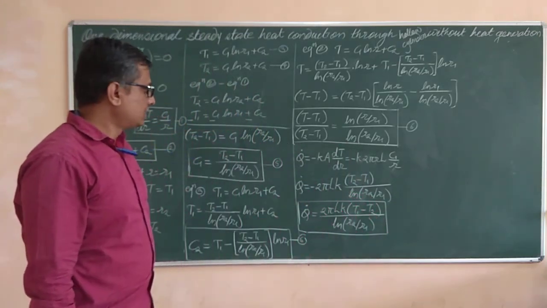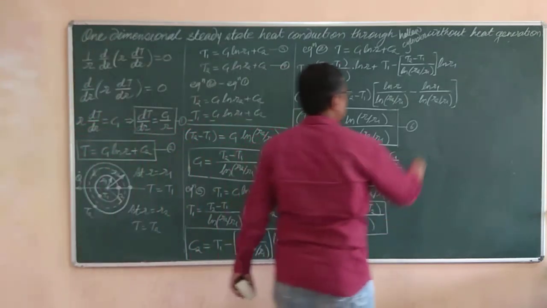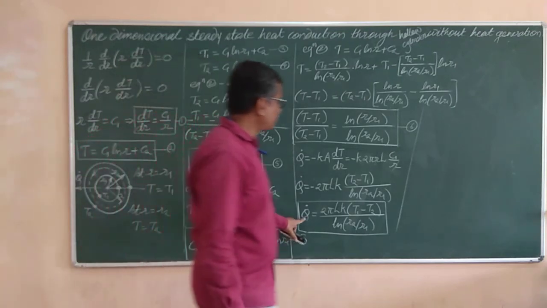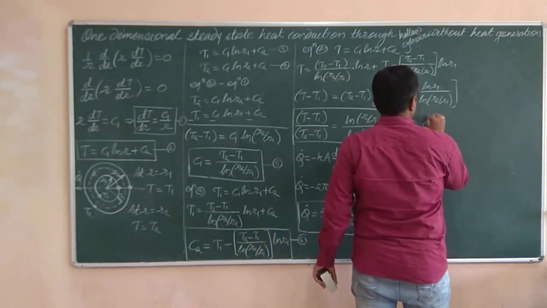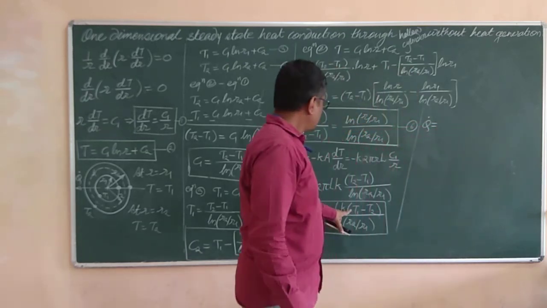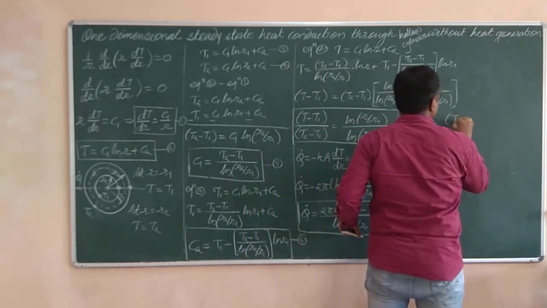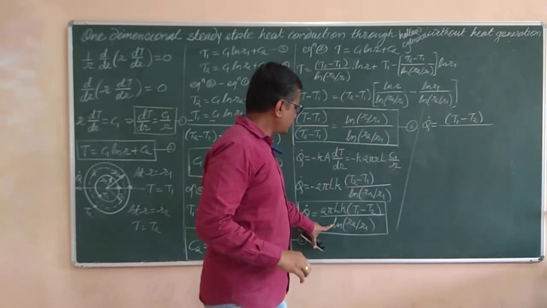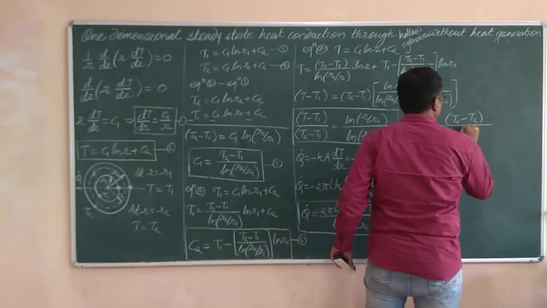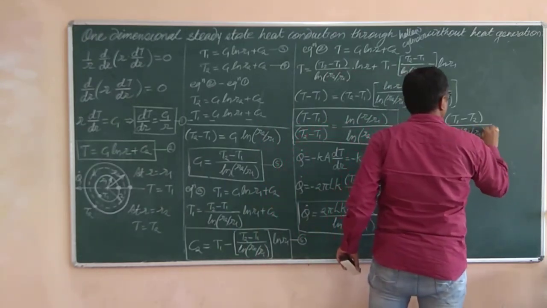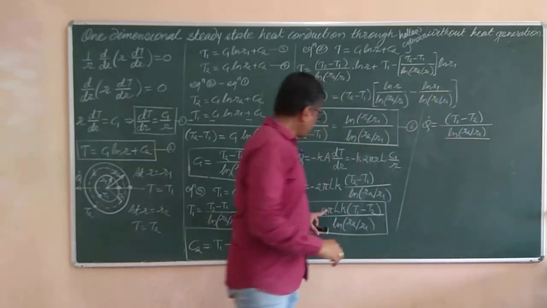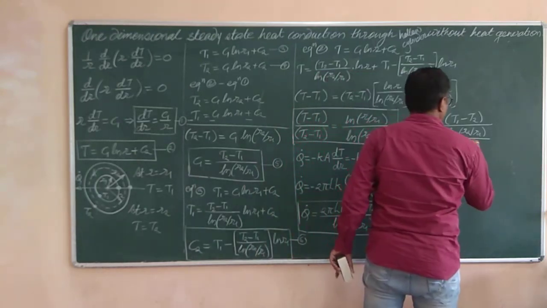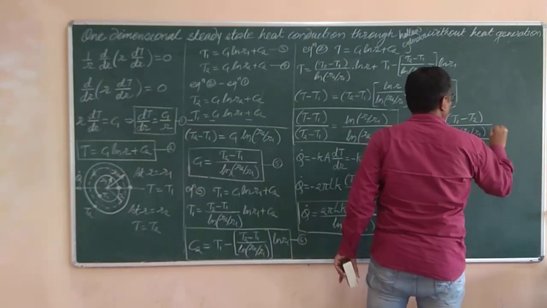So this is the equation for the heat transfer due to conduction through a hollow cylinder. Let us reshuffle it so as to get the equation for the thermal resistance of the cylinder. This equation Q dot can be written as T1 minus T2, not delta T, it's minus of delta T, divided by the denominator term, that is the natural log of R2 by R1 whole divided by the rest of the parameters in the denominator, that is 2 pi Lk.